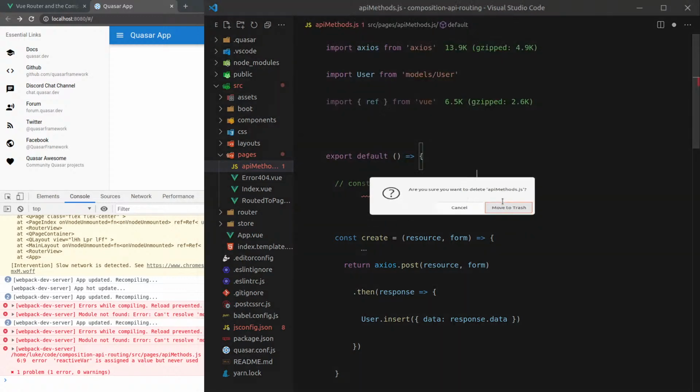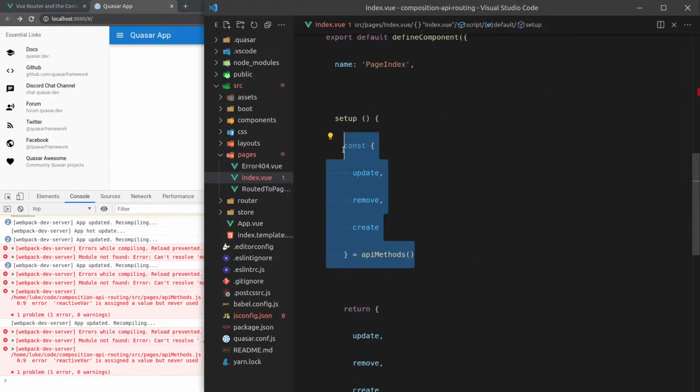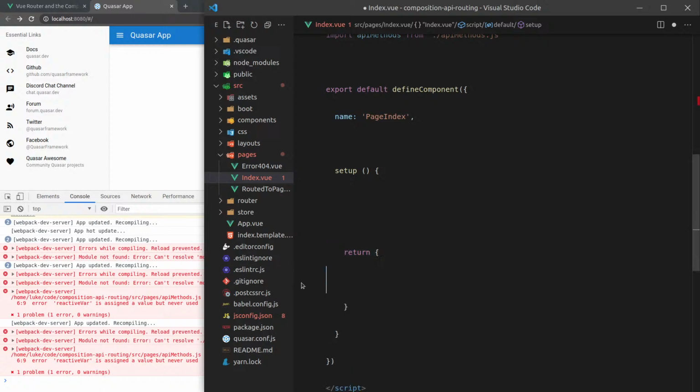Look, check this out. If you want, you can delete that file, and this is how you will start off using the composition API. If you're new to all this and it's all very complicated, let me give you a quick